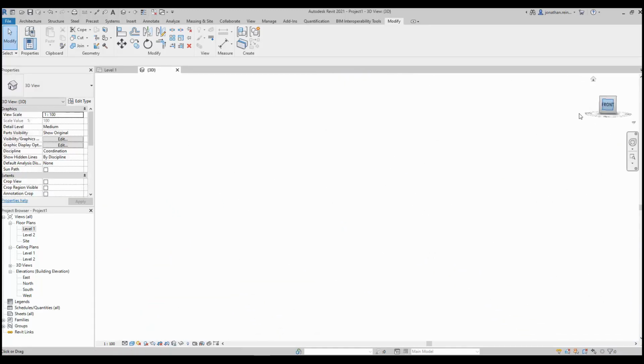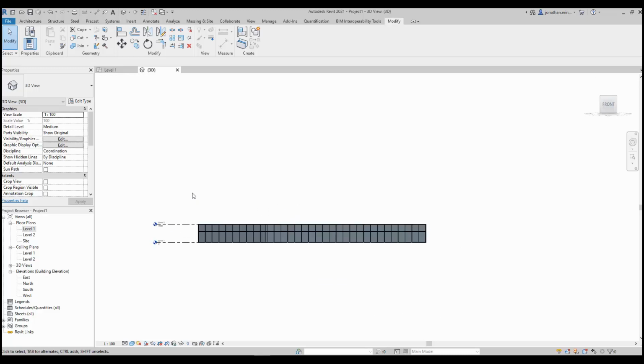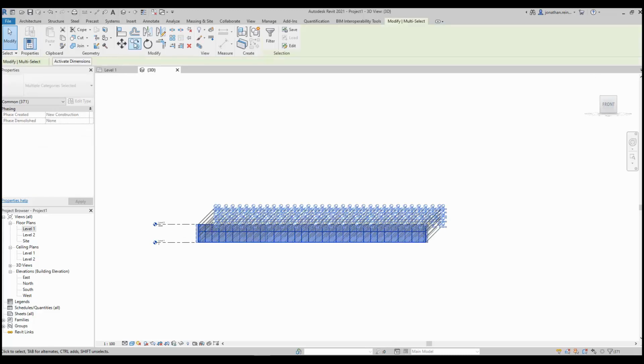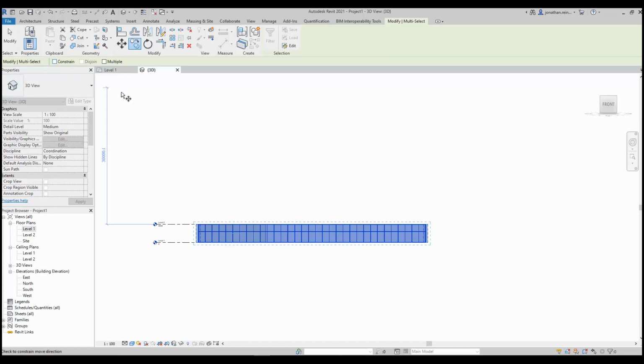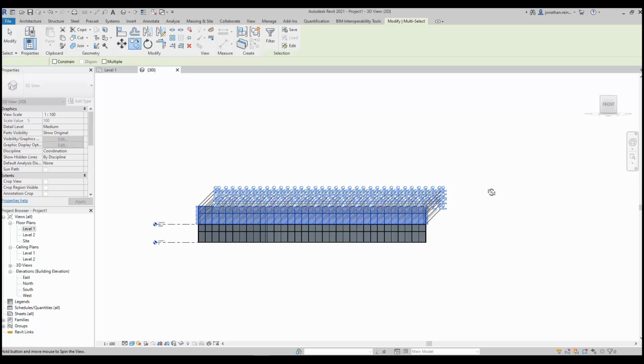So what I can actually do, if this is a multi-story building for example, is just duplicate that, select everything, and just say that I want to copy it up the floor. Now we've got a 2-story building generated from